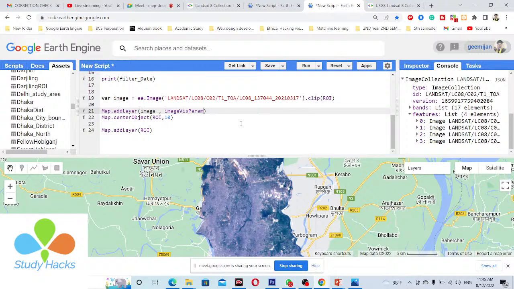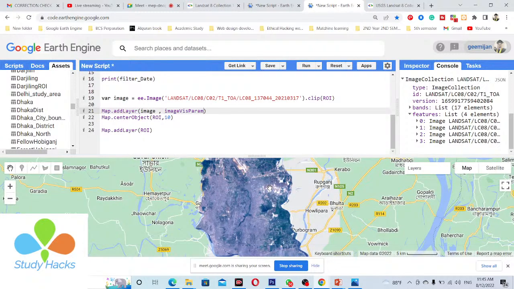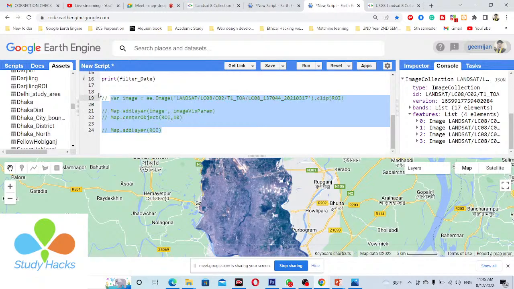Another method is that here you can see I can get a total of 4 images. At this time I want to make a median composite from the 4 images and show the result here. So it's also possible, and I will show you this part. I am commenting out all of these lines because I will also send you this practice code, so when you practice, you can follow it. So you can easily do this.